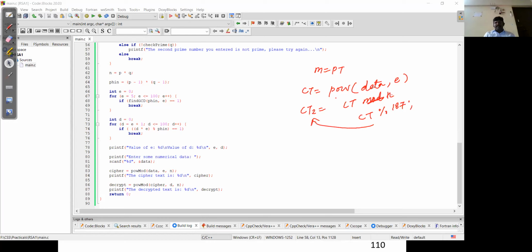You can use power, or you can use this cap value, data cap e. This also makes the power. Some languages may support it, some may not, but instead of using that, you can use the power method to calculate the power.